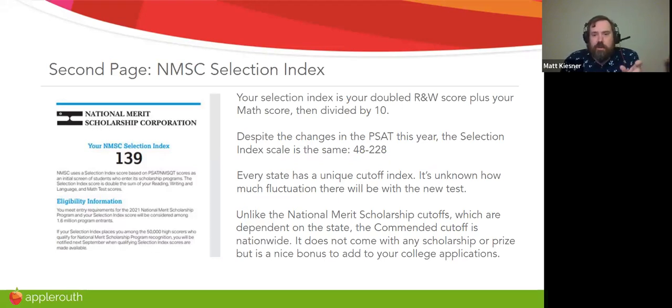Those ones you could still hit commended even though that state cutoff is on there. So there's definitely people from all over the nation. I can't rattle off all 50